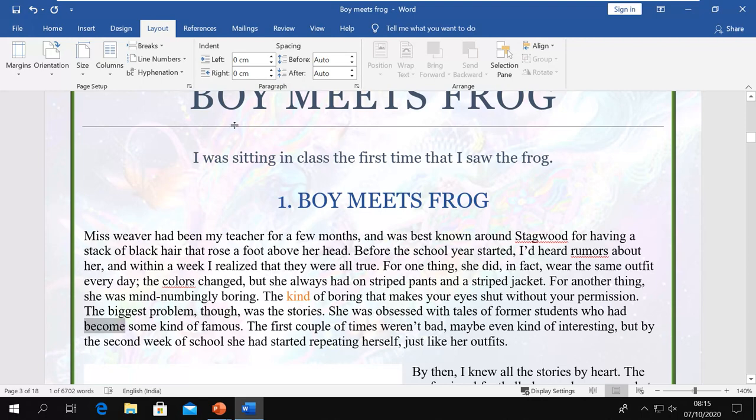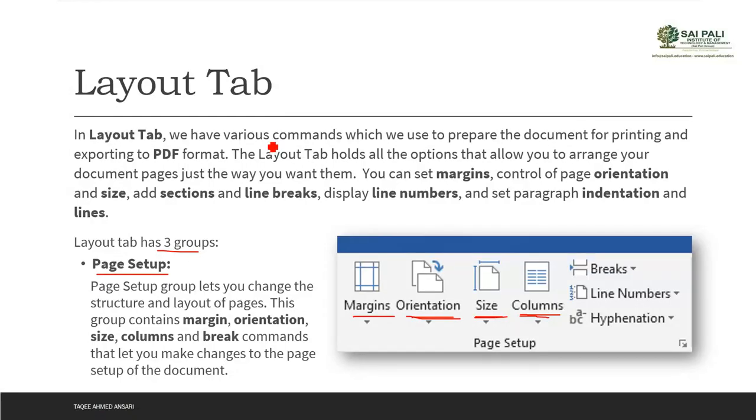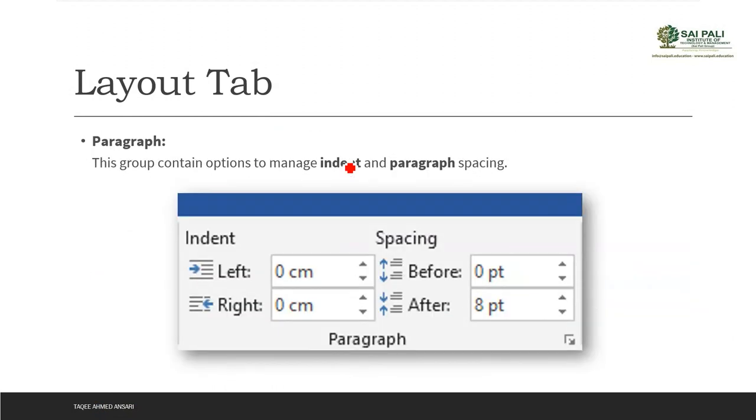Then the next group we have in this layout tab is this paragraph group. This paragraph group has commands to do indent and to have spacing between your paragraphs. Now this we have also on the home tab. In the home tab, we have this command to increase the indent, decrease the indent. We have a command to add the space before and after the paragraph.